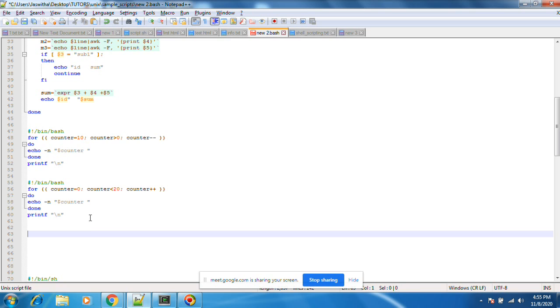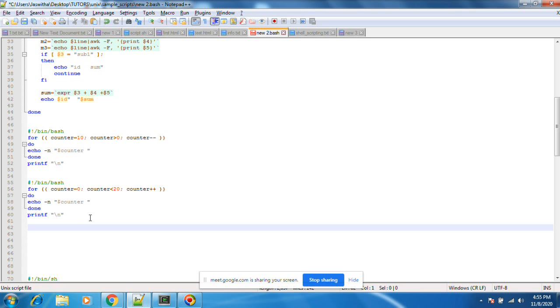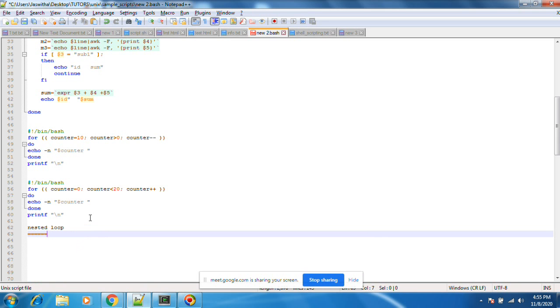Next thing is nested for loop. Nested loop means loop inside loop is called nested loop. If inside if is called nested if.